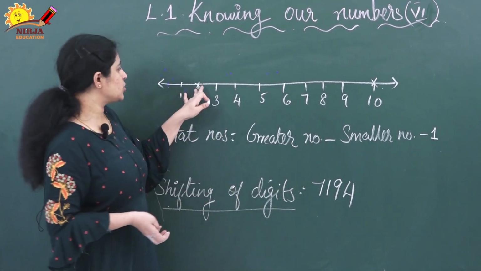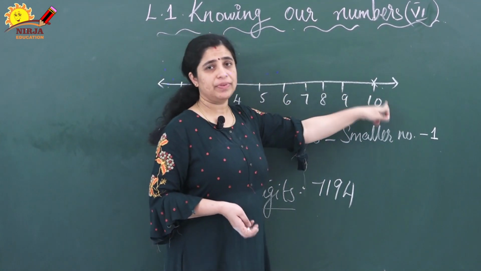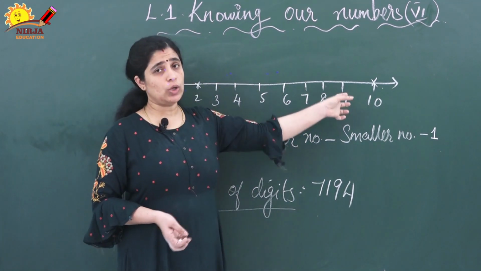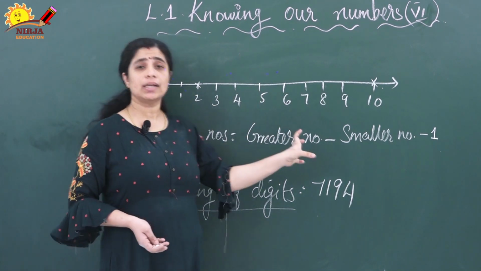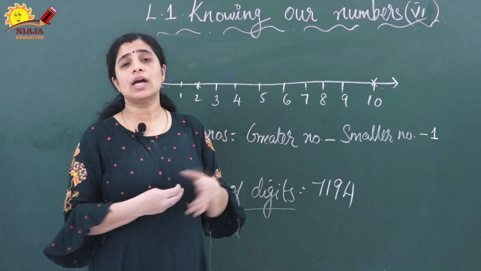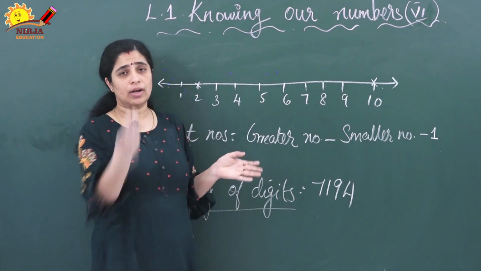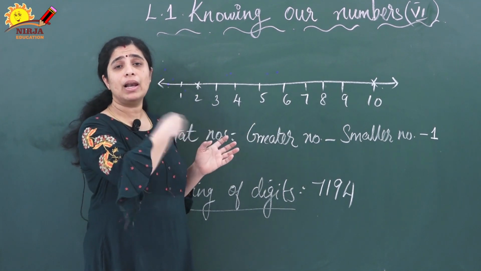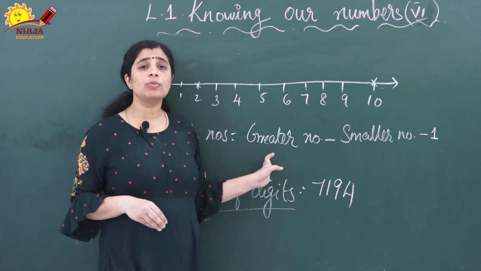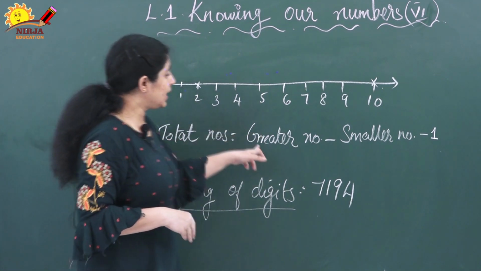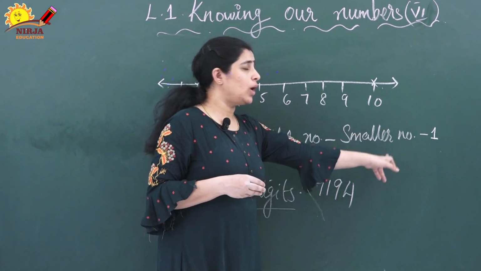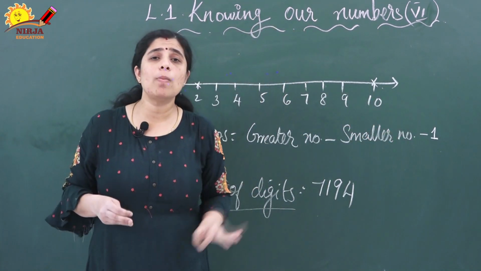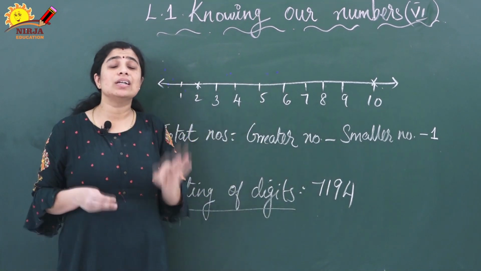So I have marked 2 numbers, that means 2 and 10. You have to find how many numbers will be there in between these 2 numbers. This is a smaller number, so you can mark it on the number line and find. If suppose they are asking for bigger numbers, suppose 200 and 500, how many numbers will be there? It will be difficult to mark on the number line and count. So we have one formula for this. What is the formula? Greater number minus smaller number minus 1. This is the formula to calculate how many numbers are in between the given numbers.